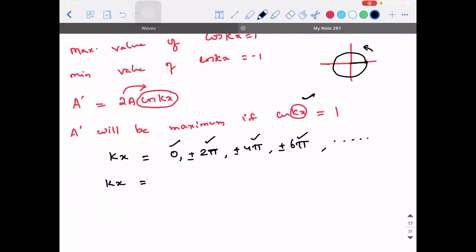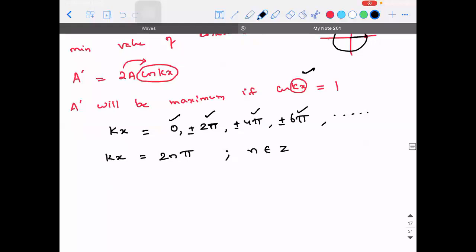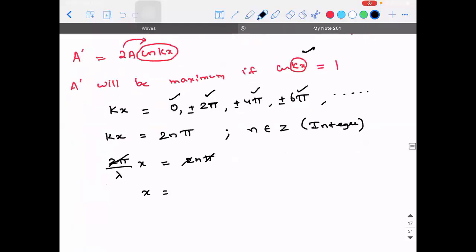If I observe everything, aren't they multiples of pi? What multiples of pi are they? It is 2n, 2 times some integer, because it is plus or minus, where n belongs to Z. Z stands for integer. Don't get confused, guys. So k, which is 2 pi by lambda, into x is equal to 2n pi. So 2 pi and 2 pi will get cancelled. x will be equal to n lambda. So this x is equal to n lambda is the positions on the x-axis